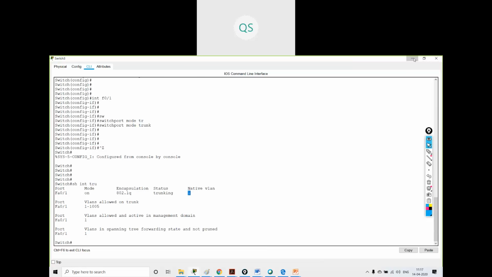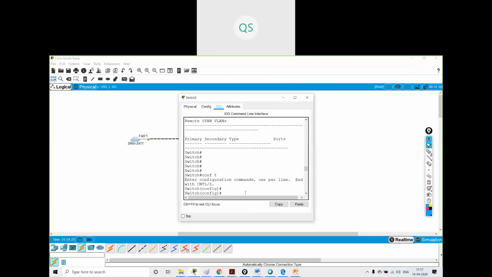Now my task is to change the native VLAN ID to some other VLAN ID. So how to change it? I have to go into configuration mode and go inside the interface, FastEthernet 0/1. Once I am inside the interface, I have to give the command switchport trunk